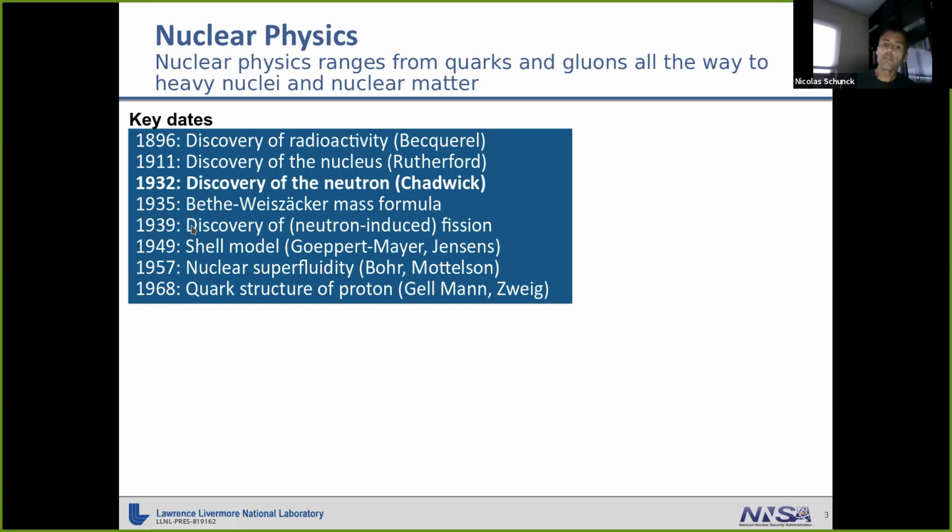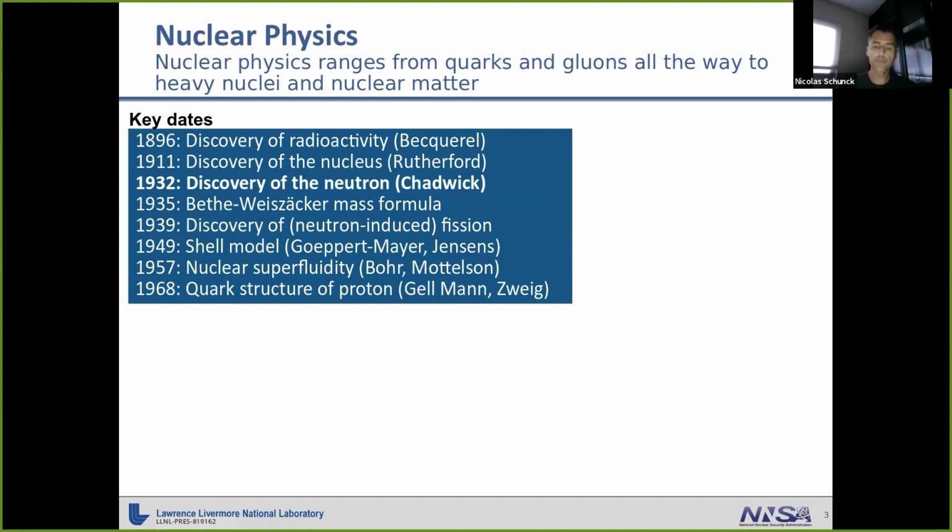By the late 1950s, people discovered that nuclei could be superfluid, and that discovery was made almost at the same time as the one in condensed matter. And then by the late 60s, the physicists were digging deeper and deeper into the structure of the nucleons,